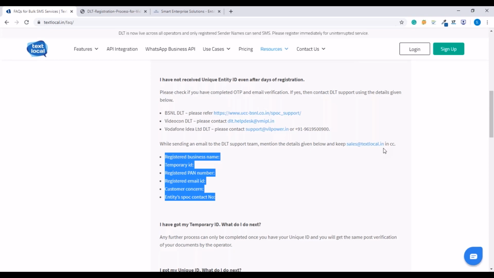The next thing is that sometimes your documents get rejected. In that scenario, we would like you to read the email that is sent from the DLT support team, which is very comprehensive in nature. They will tell you what documents were submitted wrongly or were not submitted at all, which has resulted in this rejection. So you can take that opportunity and resubmit the documents. If your headers have been rejected, please submit supporting documents as to why you have chosen that header, and reach out to the DLT support team again if there's something missing.